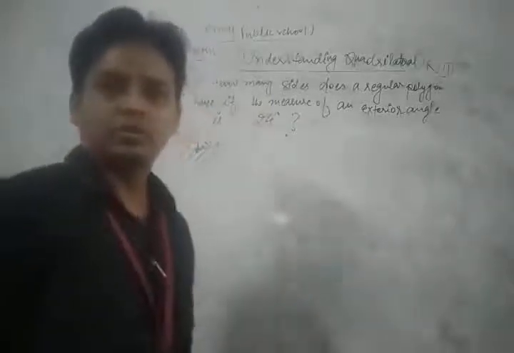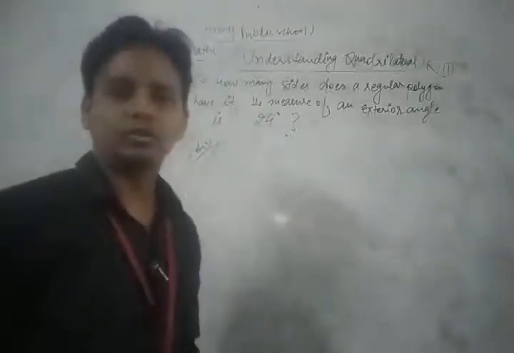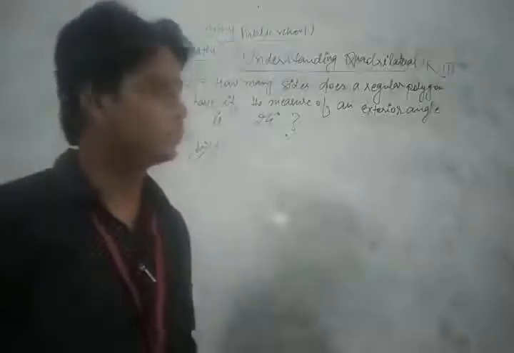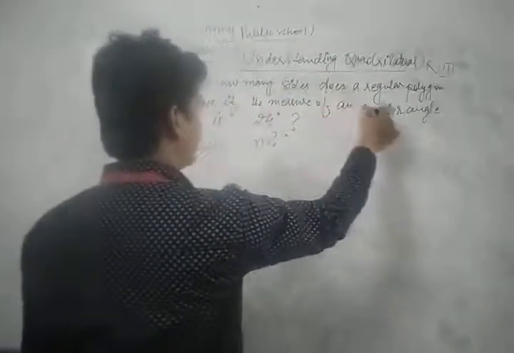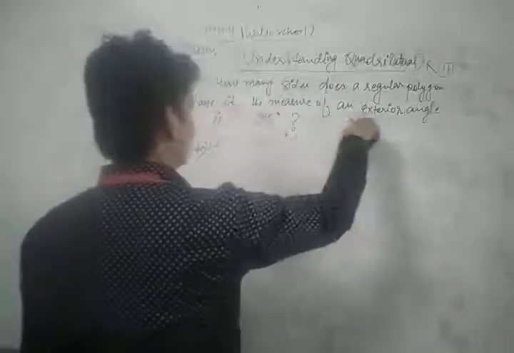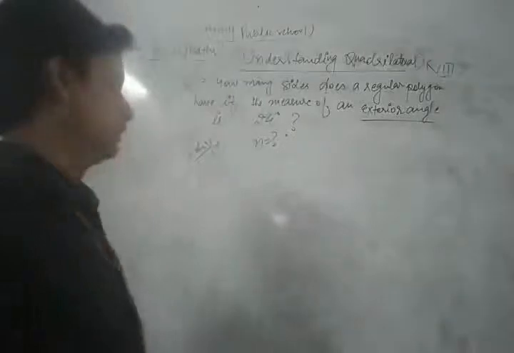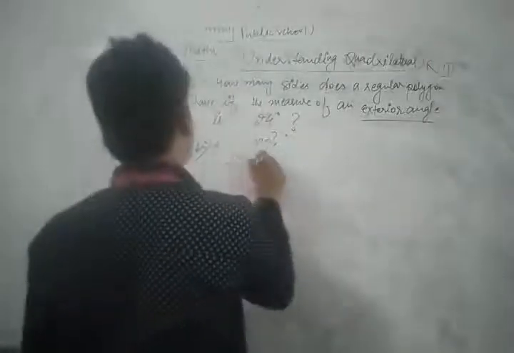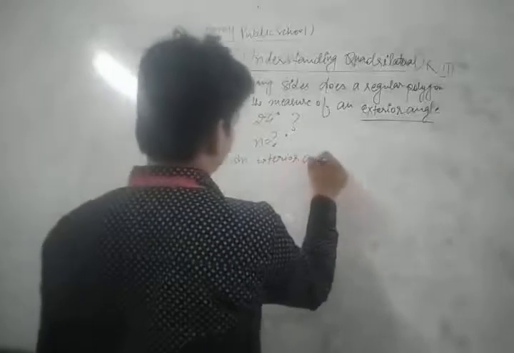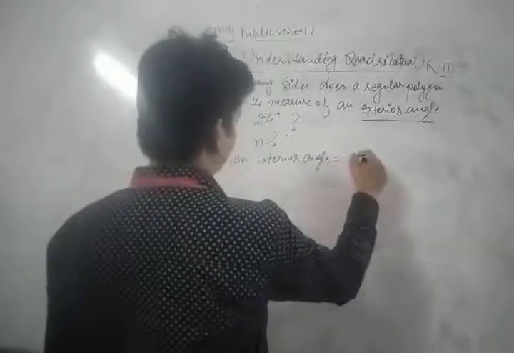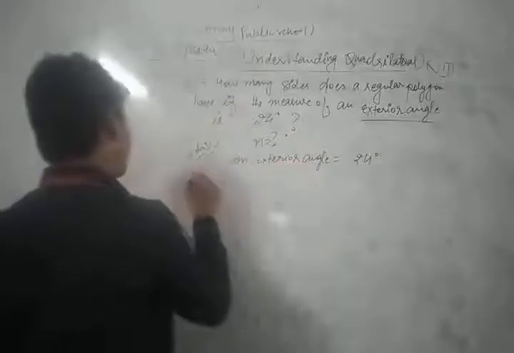Therefore, this is one of the most important questions of your syllabus, so please concentrate on this question. Here we find the number of sides of a regular polygon if the measure of an exterior angle is given. An exterior angle is given as what? 24 degrees. So since we know that